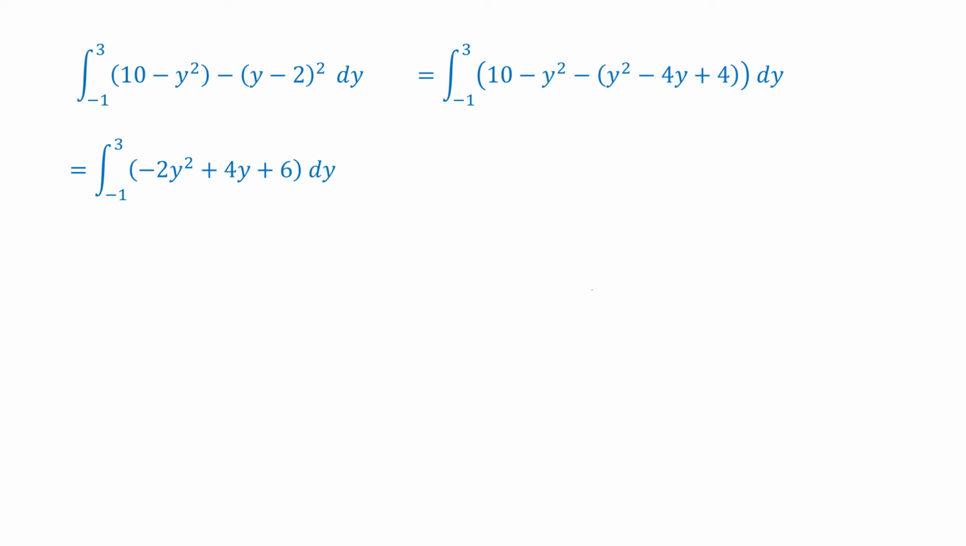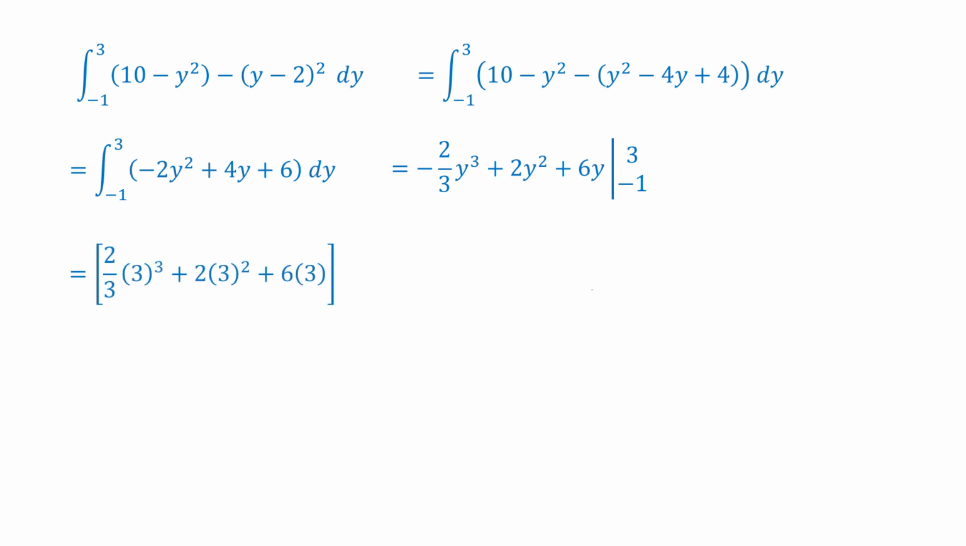Let's find the integral of each of the terms. The integral of negative 2y squared gives us negative 2/3 y cubed, plus the integral of 4y is 2y squared, plus the integral of 6 is 6y, and we evaluate that from negative 1 to 3. Putting in a 3 every place we had a y,